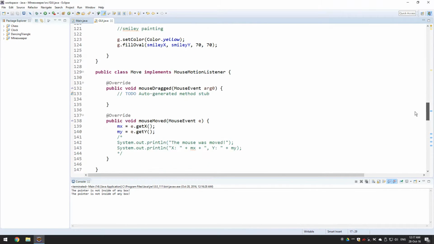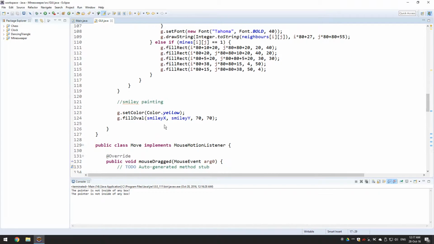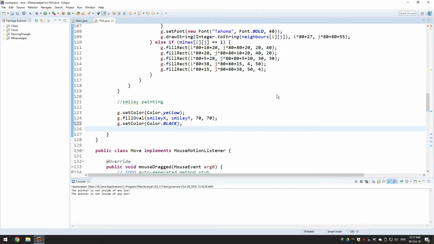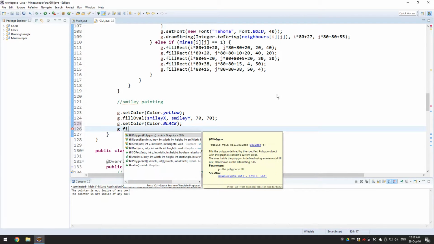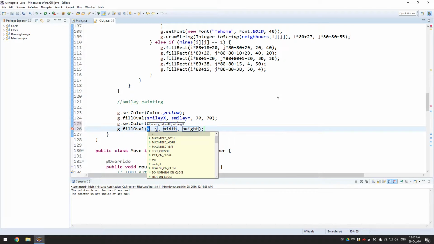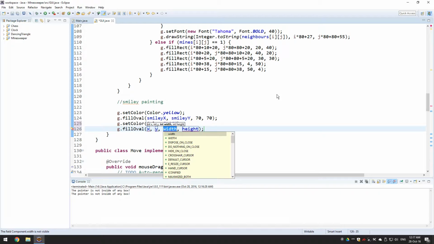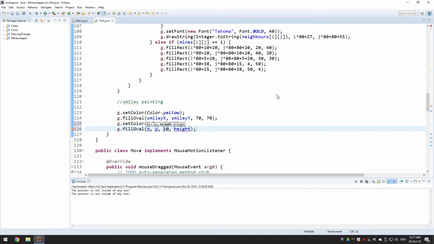Let's go back down to our paint component right here, change our color to black, and fill oval again. Let's see. Our eyes should be, the head is 70, so let's say 10 by 10. And